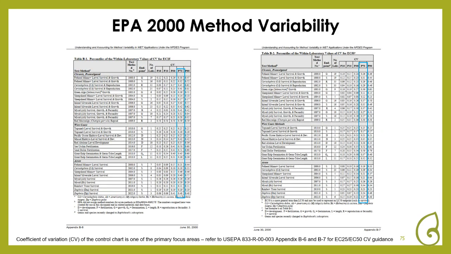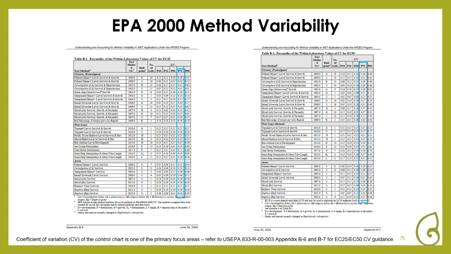Another one of the metrics that we can assess is what's called the control chart coefficient of variation, or CV, which is a measure of the consistency of the results. In 2000, EPA conducted a variability study of various toxicity methods to assess how much variability is inherent in the methods and the level of precision and reproducibility across different labs and test organisms, and establish acceptable CV ranges for